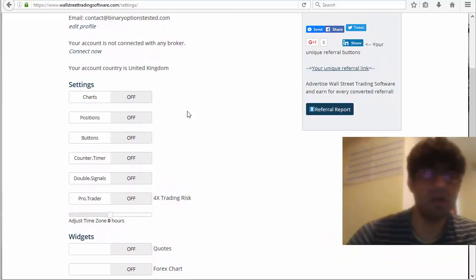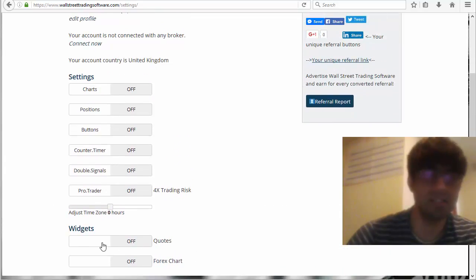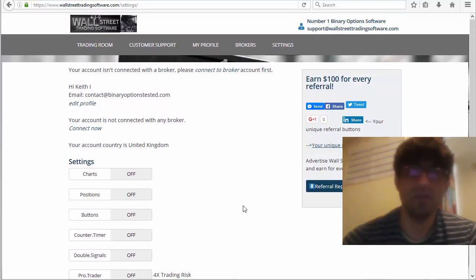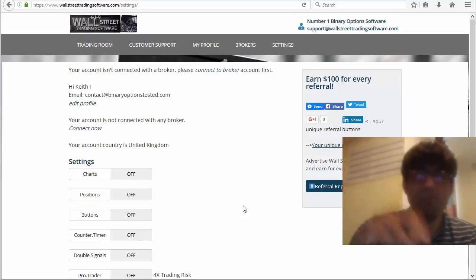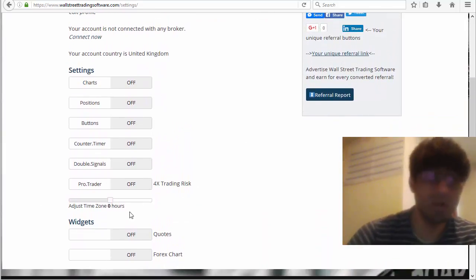Okay, so settings are if I want the charts on or off, positions on and off, buttons, timers. I'm not sure what buttons are and what these things are, but I'm gonna leave them alone for the moment, and I can turn on any widgets I want. Now this is fantastic because with some or all of the auto trading softwares, you have all these little pop-ups and sliding news and all that crap happening. It's very difficult for me to focus when you have all this moving text on your screen, and this way